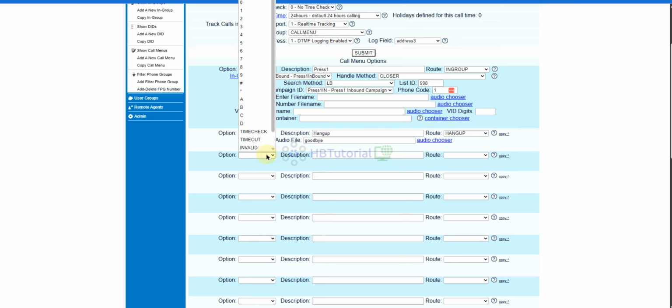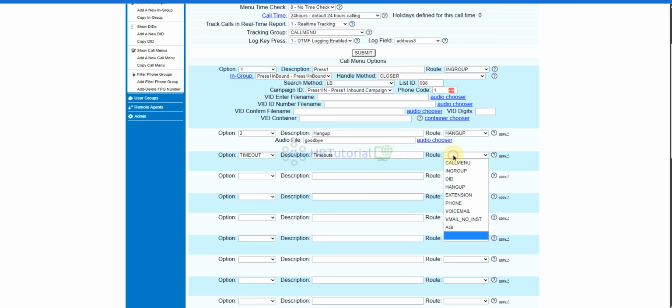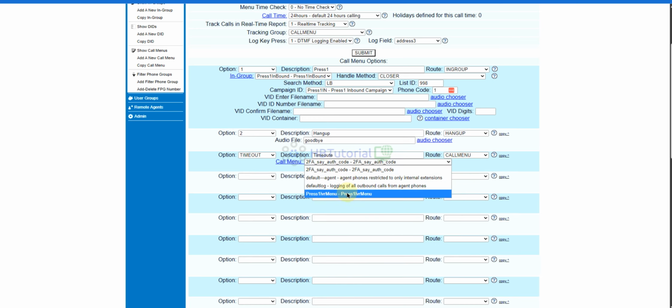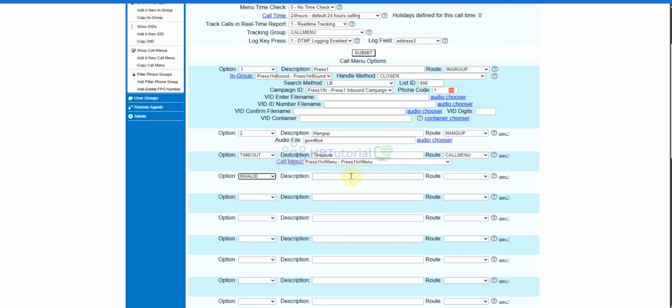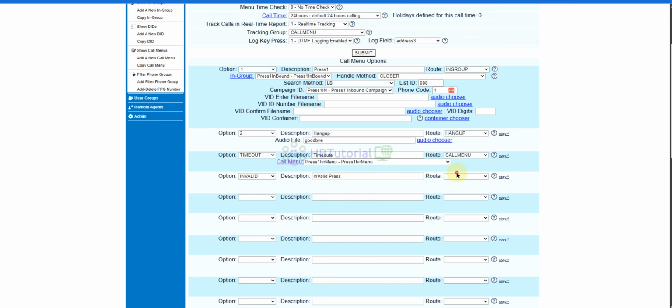Okay, and then if you want to set the timeout, if you want to repeat, go back to the call menu. And then for the invalid, if they only press a wrong number, you can go back again to the call menu.